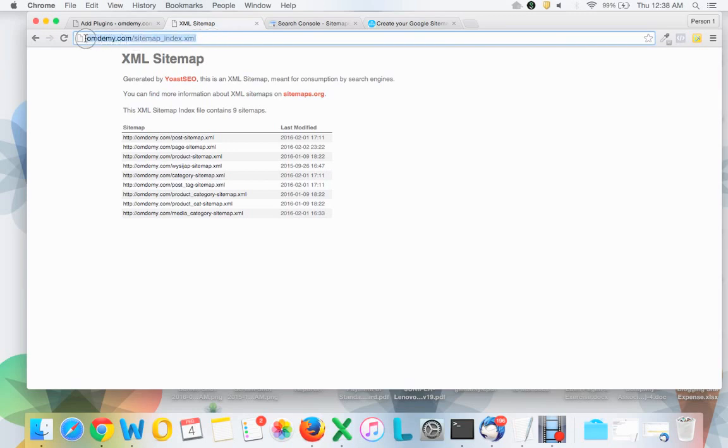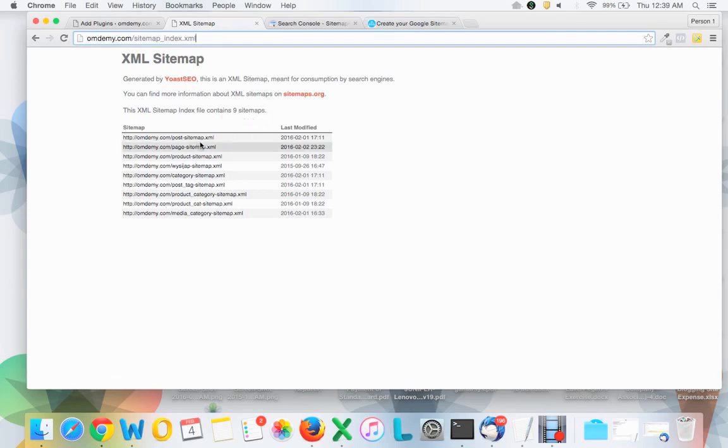So when you just type in your site name and slash sitemap_index.xml, you'll see this result page. That means your sitemap is created and it is existing. And you see there are nine children, I mean the files contained under your main sitemap.